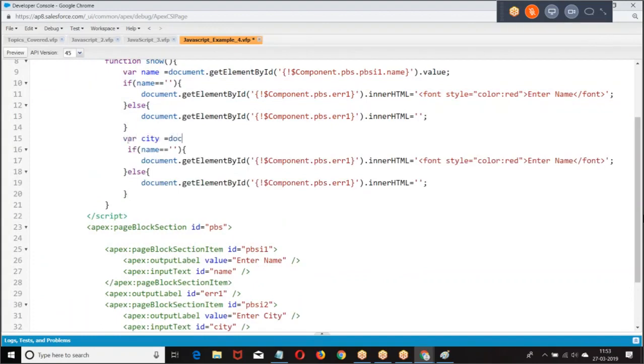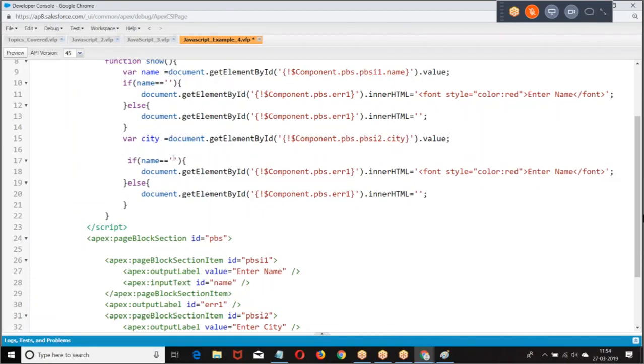Where city equal to document dot get element by ID, component dot page block section dot item 2 dot city, component dot page block section item 2 dot city dot value.